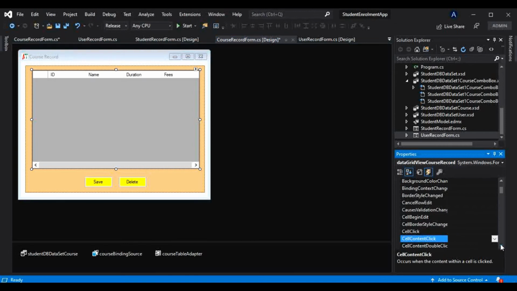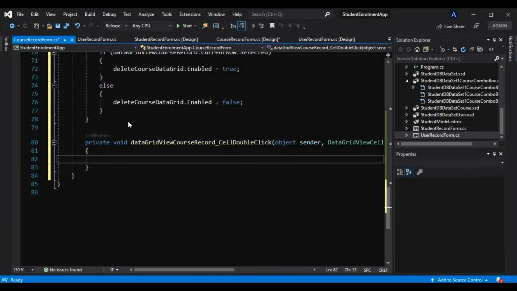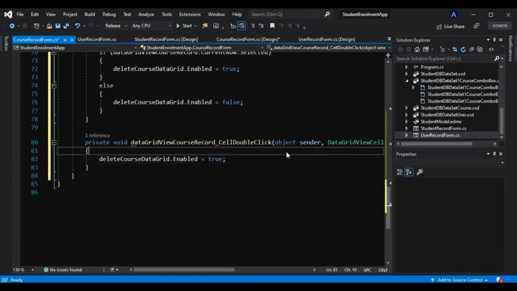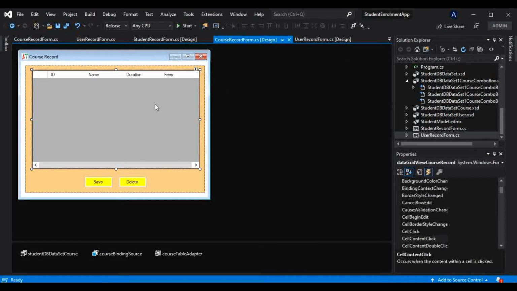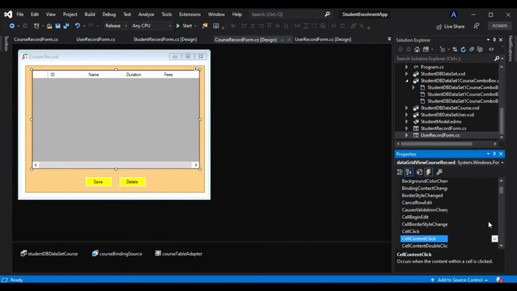So this cell double click event, and in that we want that button to be enabled as soon as the user double clicks that. And similarly we want one edit event, one end event as well, that is cell end edit. This we want.